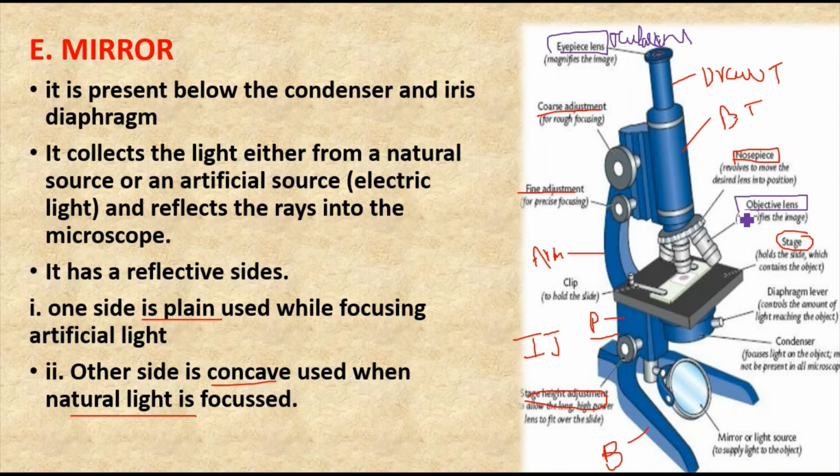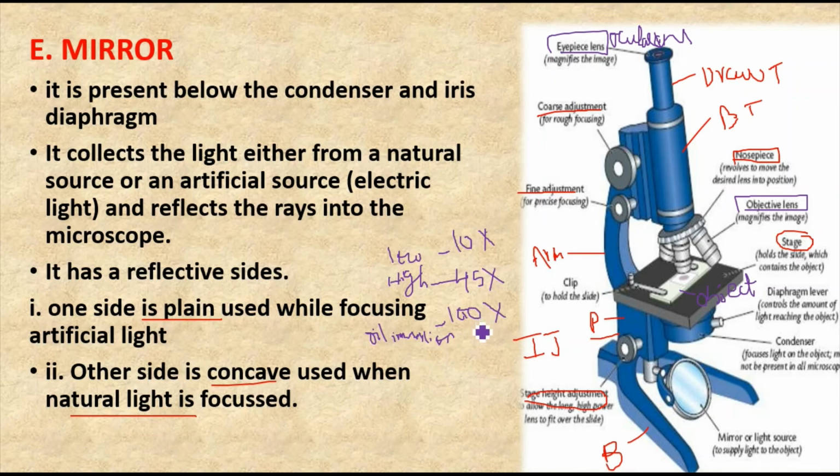So here you can see the objective lens, where they are nearer to the object. So here is the object or the specimen. They may be named as objective lens. And we have different types of objectives, like 10x. Some microscopes are going to have 40x, and some may have 45x. And another objective is 100x. The 10x is called the low power objective. The 45x is called the high power objective, and the 100x is called oil immersion. We are going to use this oil immersion to see further magnification.